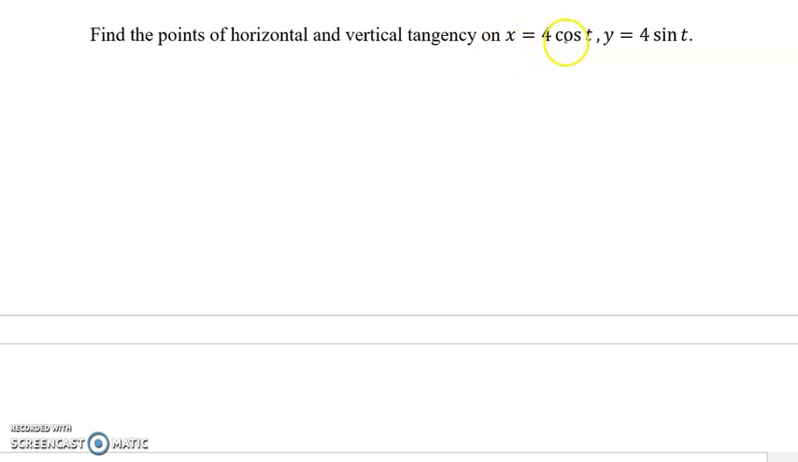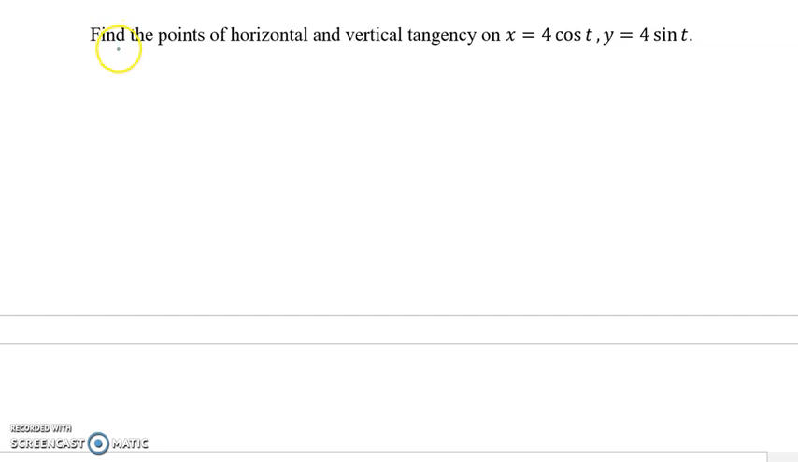Take a look at x equals 4 cosine t, y equals 4 sine t. You should recognize this. Remember, if you divide both sides by 4, you get cosine of t. If you divide both sides by 4, you get sine of t. Using our favorite trig identity, we can turn this into a rectangular equation. And notice that, ironically, your rectangular equation gives you a circle. But at any rate,